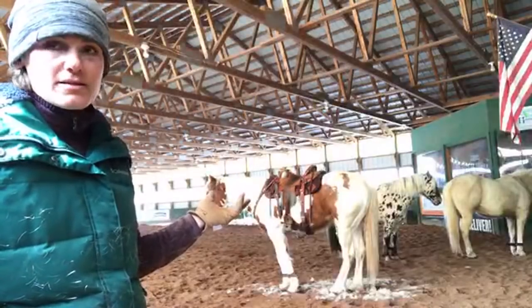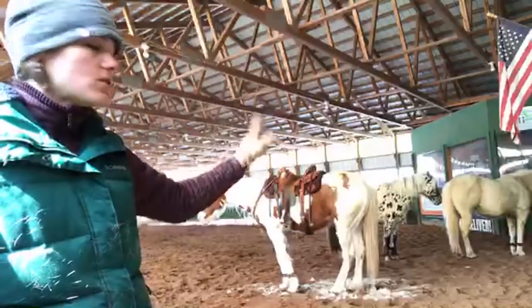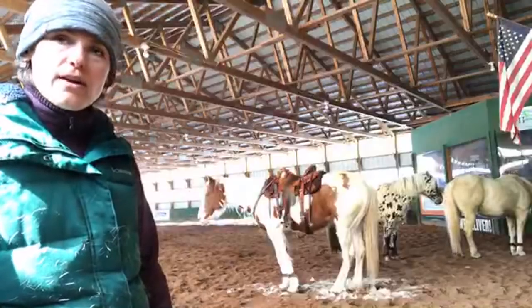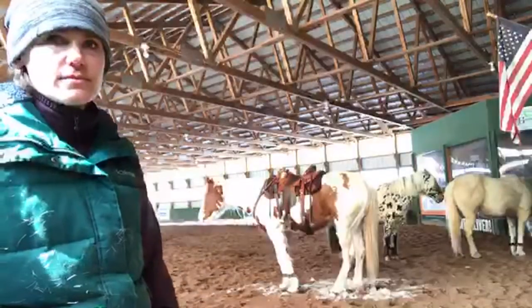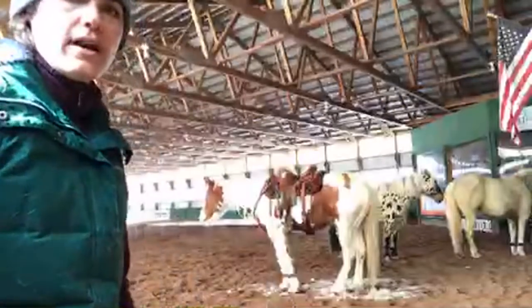It really all depends. But this is a good way for me to work on these 2 horses, just patiently standing and waiting. And I'll probably move their feet around after a little bit, but for now, they're just going to hang out there. All right. So, I'm going to go ahead and